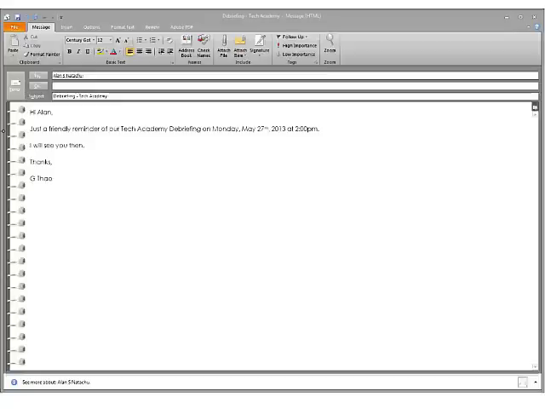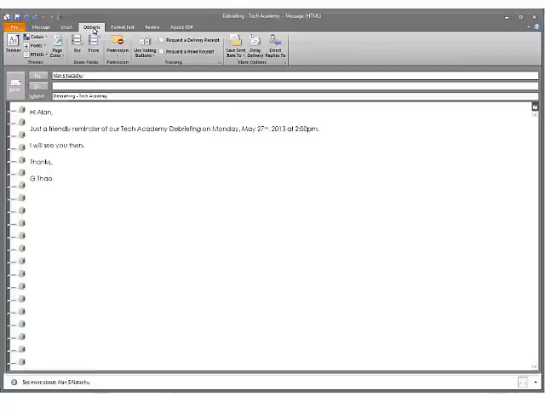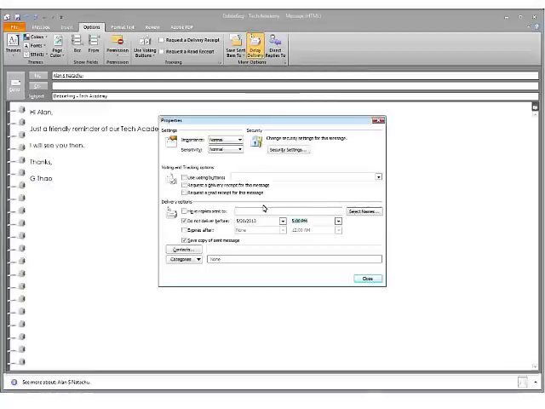So what I can do is draft the message under the email message, go under the Options tab, and under More Options I have the Delay Delivery button. Under the delivery options I have Do Not Deliver Before, and we're going to say we're not going to deliver this message before